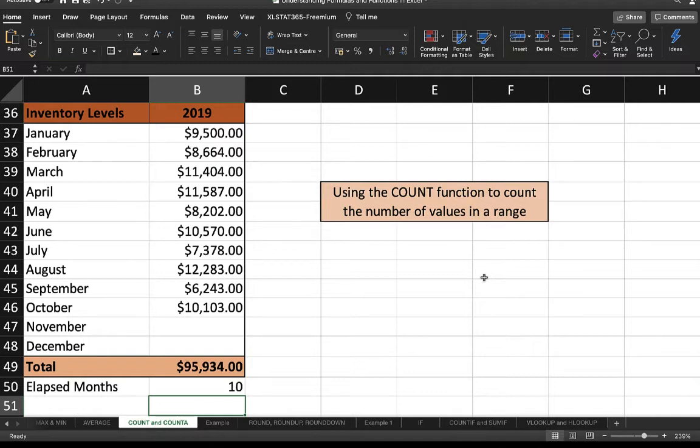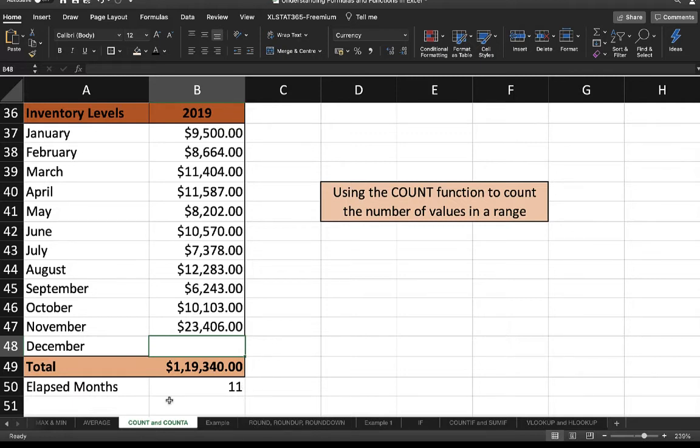But you particularly want to count only numbers, so you should stick with the count function this time. Now try adding a number in for November and notice that the elapsed months changes. Now suppose I add 2340406. Now you see the number has changed and even the elapsed months number changes. This way count helps you.